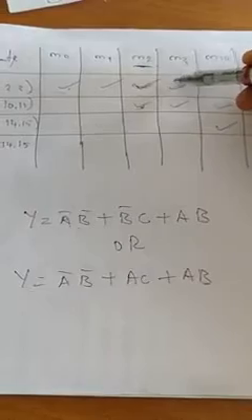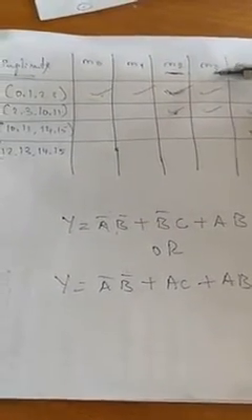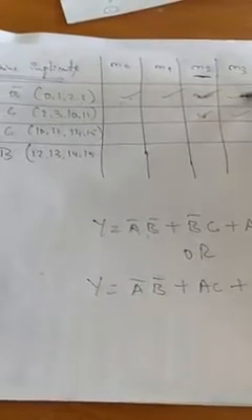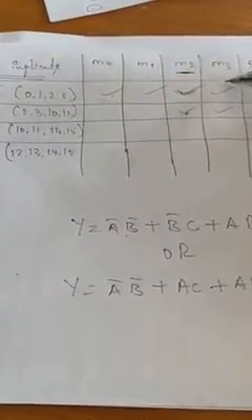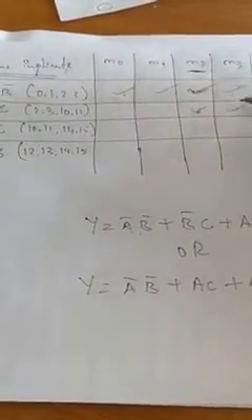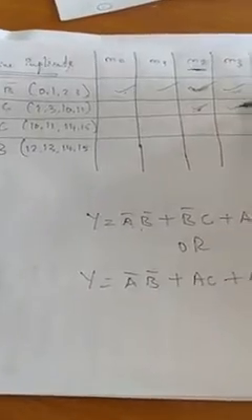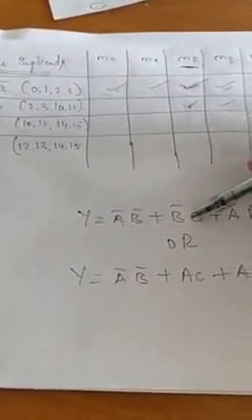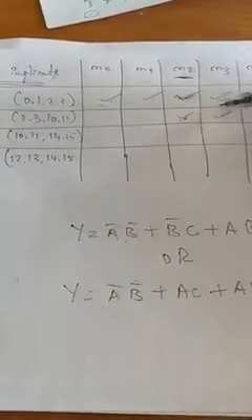Come here. Once again 2 tick marks. So M3. We need to represent M3. We have 2 tick marks, A bar B bar and B bar C. To represent M3, we have already chosen this tick mark here. If you choose B bar C, we can write it, but that's a different thing, which I will tell you later. So of these two, either one.